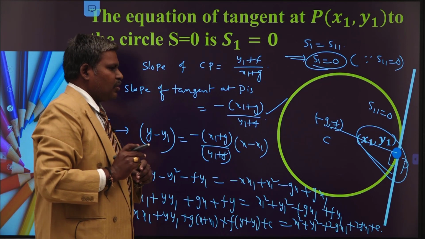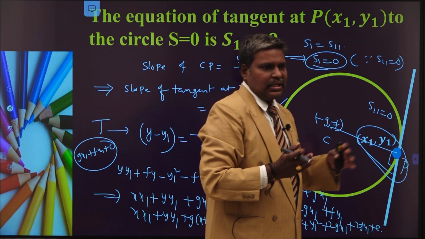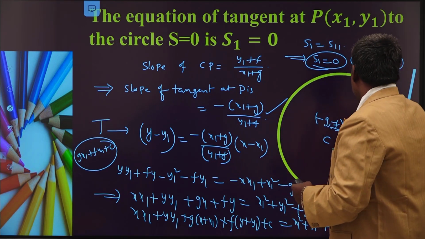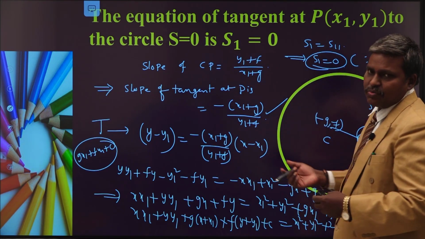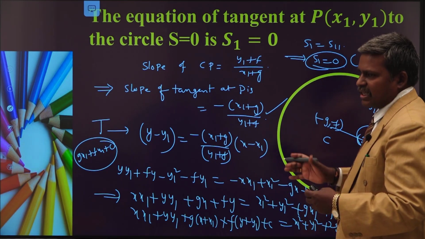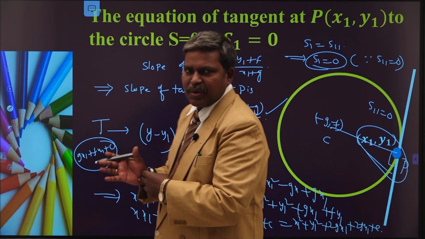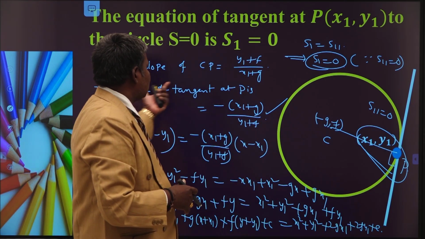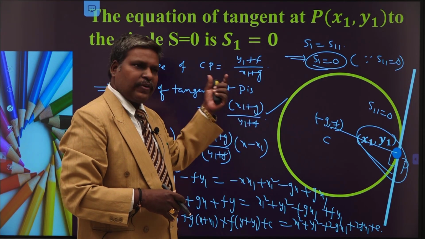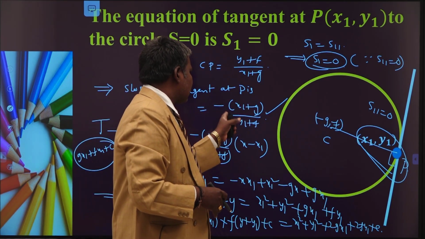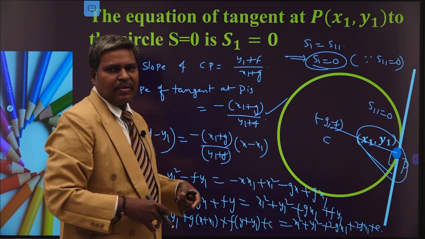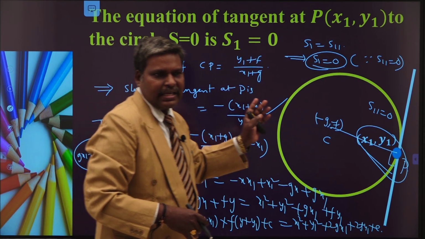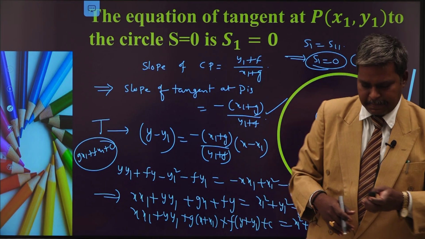In this manner also. Okay. One method is secant to tangent. The other method is like this, without calculus. Without differentiation, you can use the property that the corresponding radius is perpendicular to the tangent at that point; we use this concept. Otherwise, you can take S equal to 0, differentiate with respect to x, and find the slope. That must and should appear as this one, minus of (x1 plus g) by (y1 plus f). After getting the slope, you take the point (x1, y1), and you can build up the equation of tangent. That method is also possible. Okay.